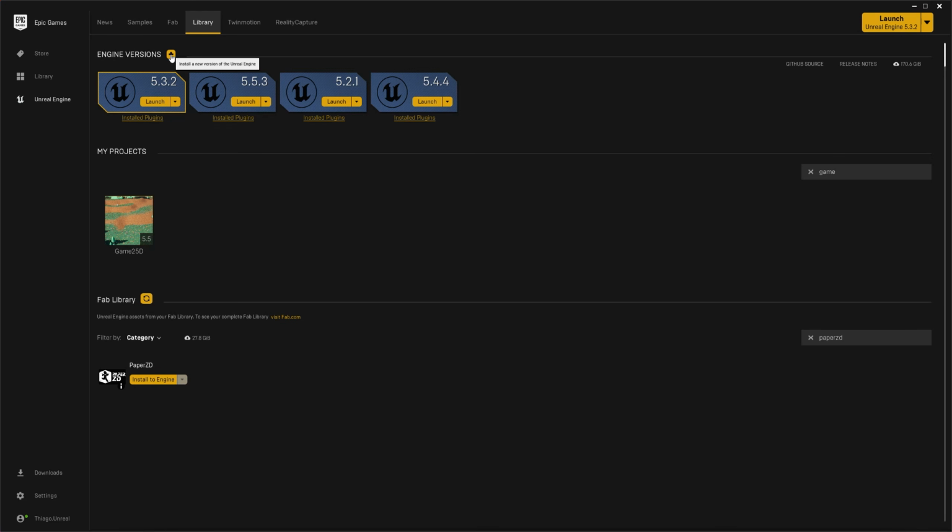And you're going to notice there's a plus button here. This is a button to add different versions of Unreal. Okay, just putting it out there. We're not going to do this in this class, but at least there's some information that you can get. So if I go to 5.5 and I say launch, Unreal is going to initiate the engine version.